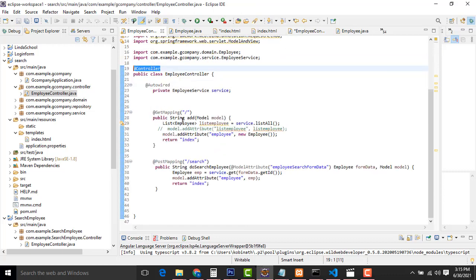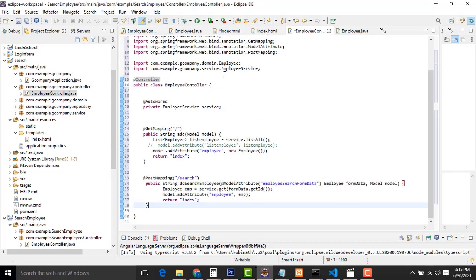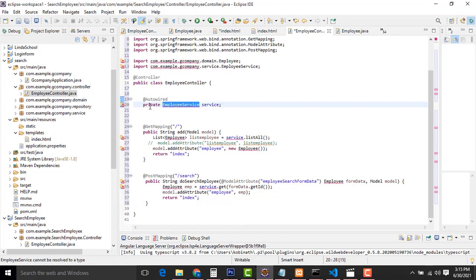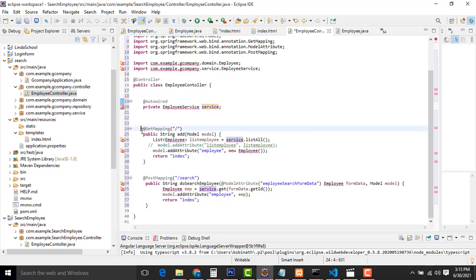So here what I did is we have to copy these lines, right? So I paste it over here. I will explain it. First, Autowired, it will be linked to the employee service, right? I will be creating the employee service in a few seconds. Don't worry about that. After that we have to create the GetMapping. What is the meaning of GetMapping? This is very important. GetMapping means when the index.html page is loaded, it gets the mapping. If you write like this, the default page is taken as index.html, and it will load all the modules. It is returning to the index page.